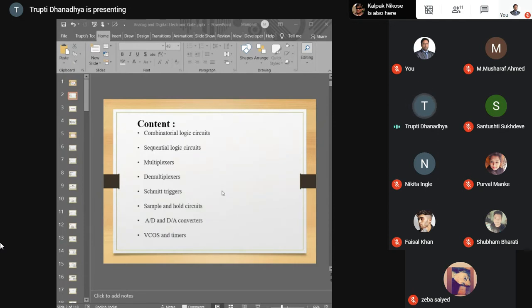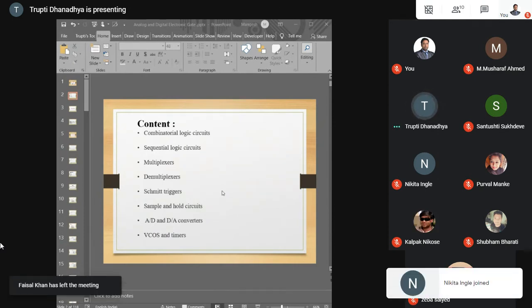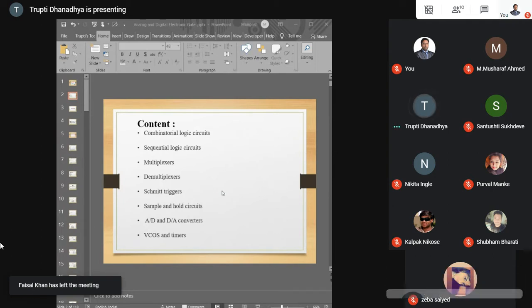Then next is the sequential logic circuit. In it, we completed the SR flip-flop, JK flip-flop, D flip-flop, and T flip-flop. From these flip-flops, how to design registers and counters is part of the syllabus also, but we covered only what a register is and what a counter is, and how to represent counters according to GATE using some points used in the GATE syllabus. So these two topics we covered in the previous lecture.